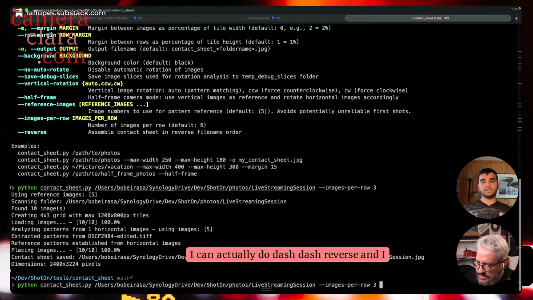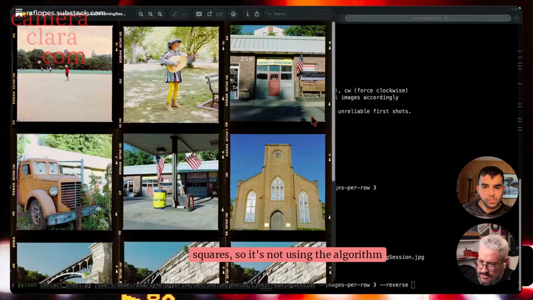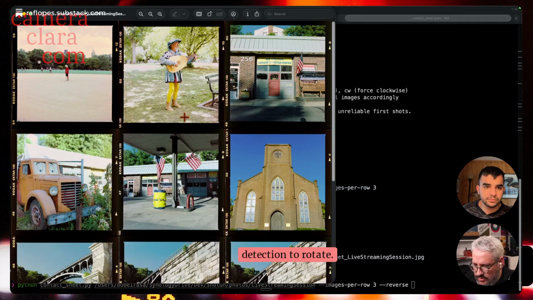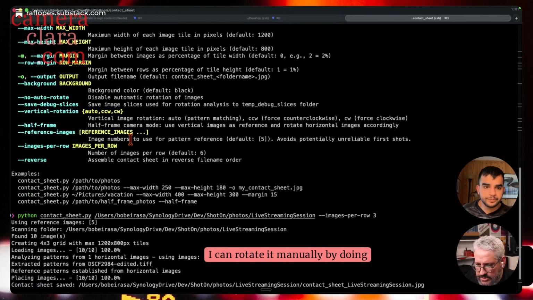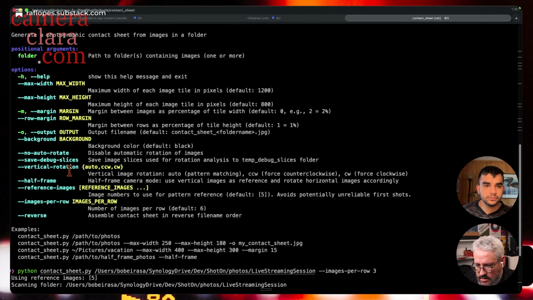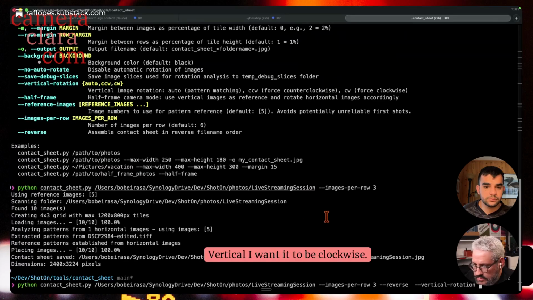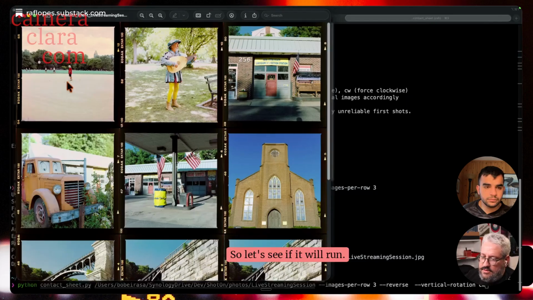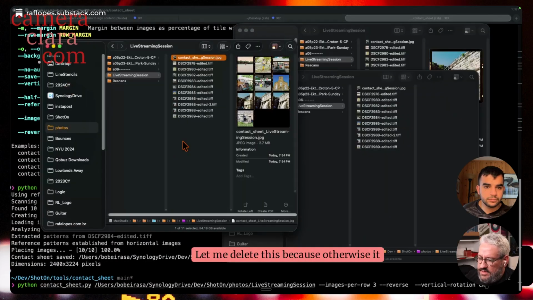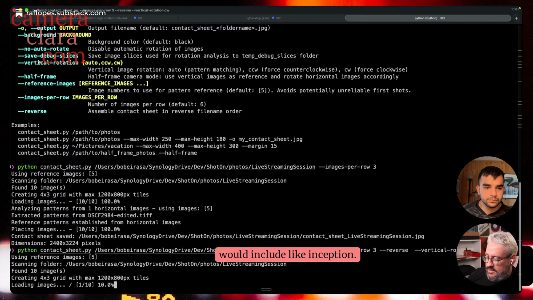I can actually do dash dash reverse. And because I know these are squares, it's not using the algorithm detection to rotate, so I can rotate it manually. There is one vertical rotation, and I want it to be clockwise. So let's see if it will run. Let me delete this, because otherwise it would include